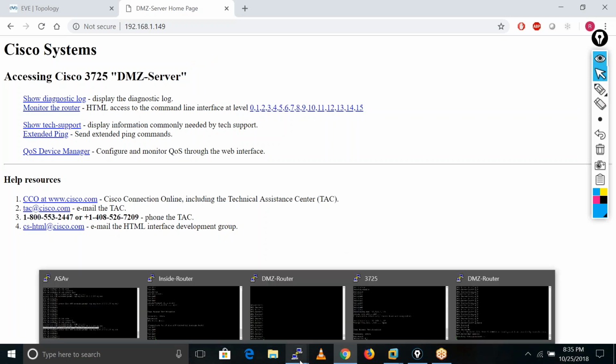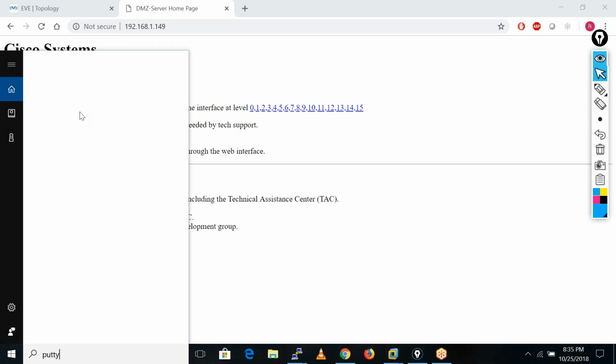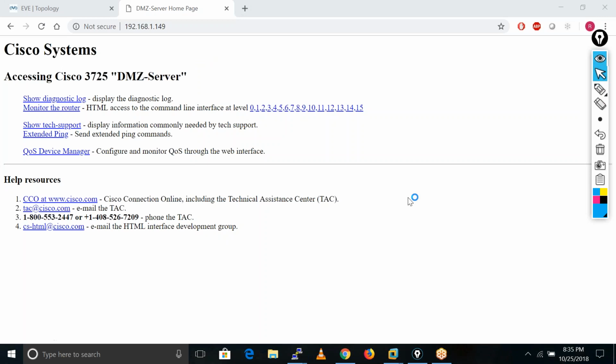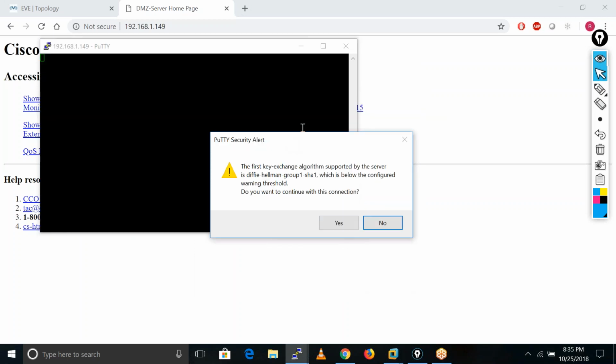So if this time I try, let me open my PuTTY here in my system. If I enter the IP address 192.168.1.149 on SSH, definitely I'll get the access.